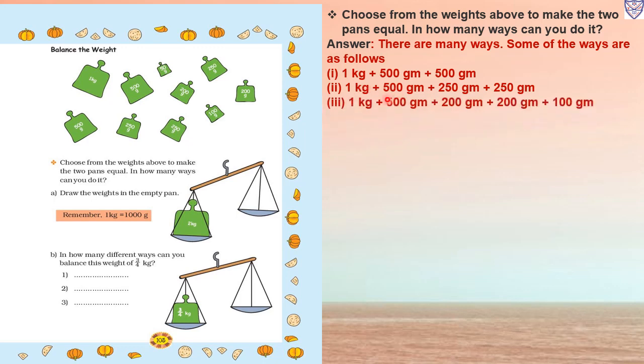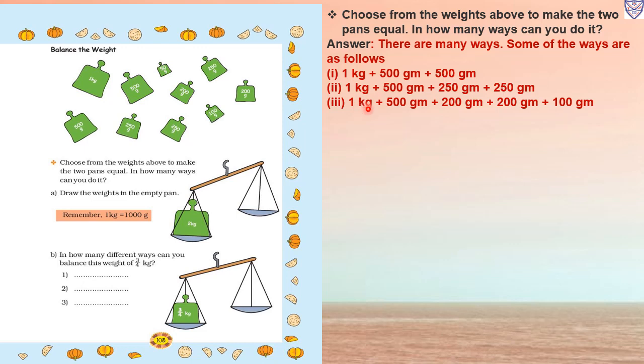Now the third option: 1 kg plus 500 gram, then we will put 200 gram plus 200 gram plus 100 gram. So this 200 gram plus 200 gram, 400 plus 100, that is 500 gram. So 500 gram plus 500 gram, 1000 gram, which is equal to 1 kg, then 1 kg plus 1 kg,